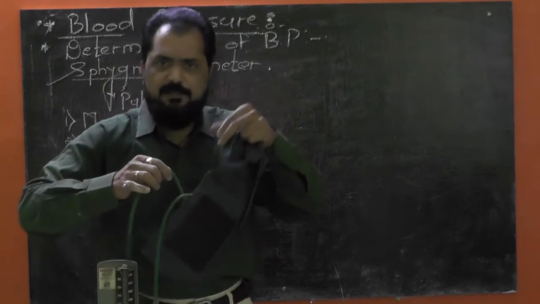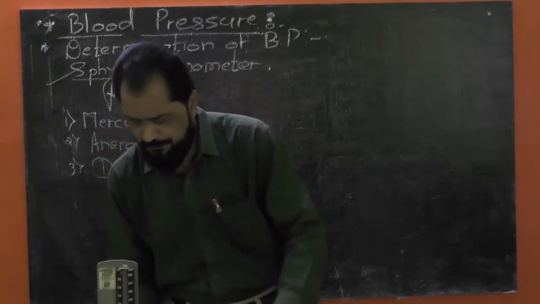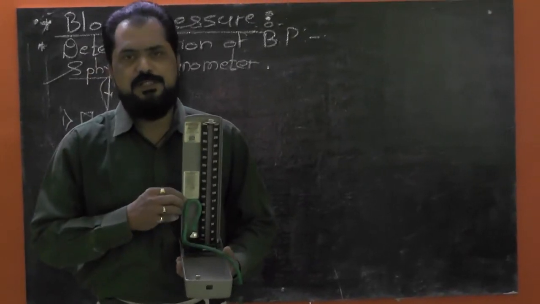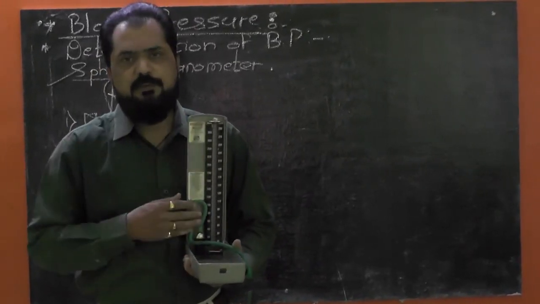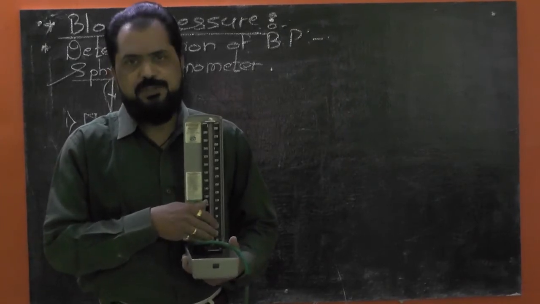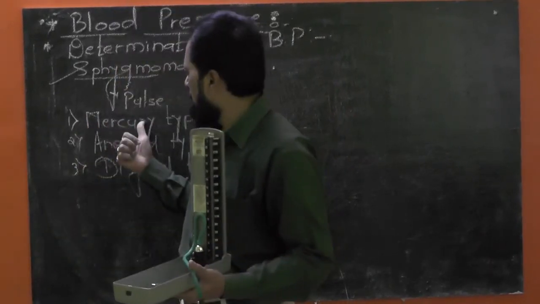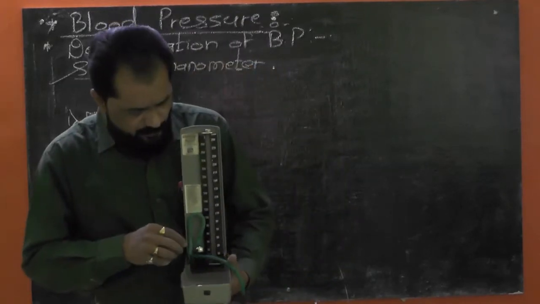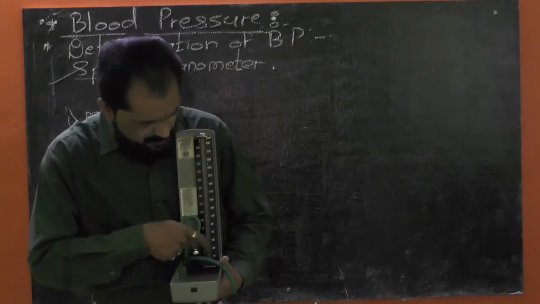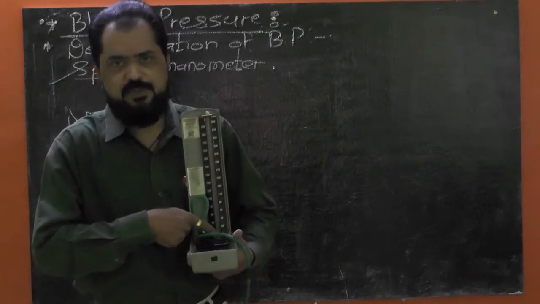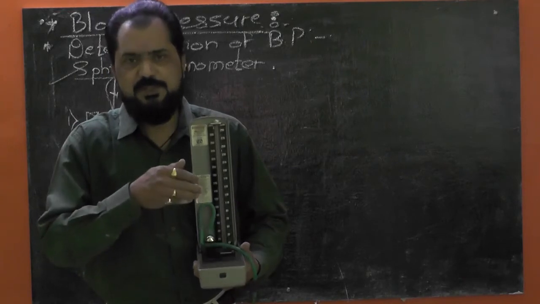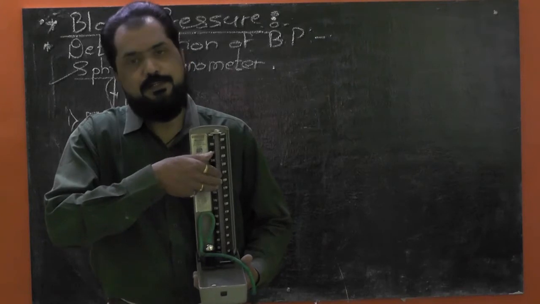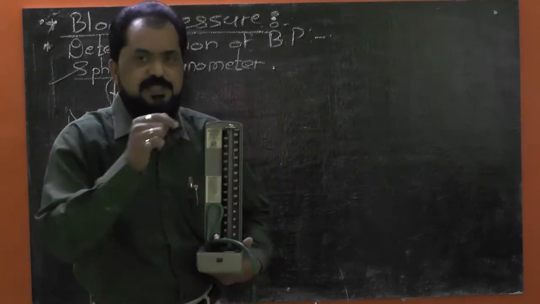While the second rubber tube is connected to the mercury manometer. Here is a mercury manometer. It may be known as the pressure gauge. In this mercury manometer, the mercury is used, and that's why actually this type of instrument is called mercury type of sphygmomanometer. Now, all of you can see here is a glass tube, and at the base of glass tube, in small bulb, mercury is filled, and this mercury column raises upward due to the air pressure in this inflated